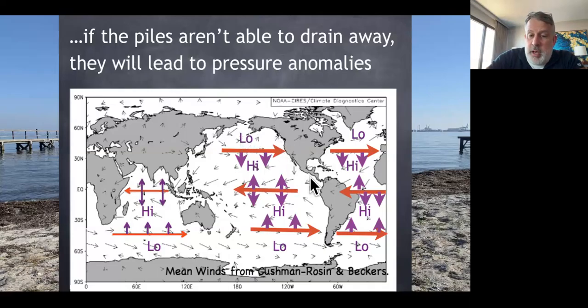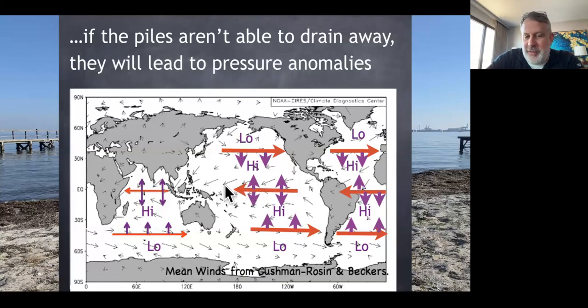That's true also along the upwelling zones. You would have a low pressure along the upwelling zones along the west coast of the continents, like the California current and the Peru current or the Humboldt current,